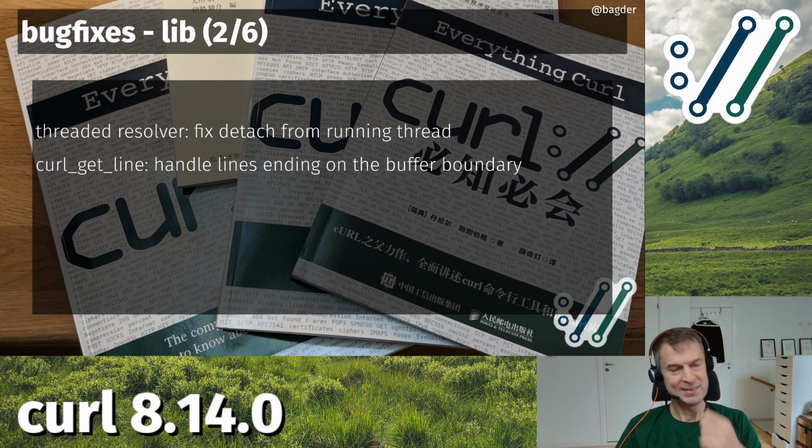And a while ago, I fixed the so-called curl get line function in libcurl to make sure that it would handle reading individual lines from files better. Basically, fgets done slightly better, and a better, more dynamic buffer handling.